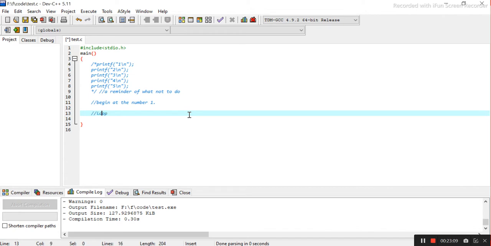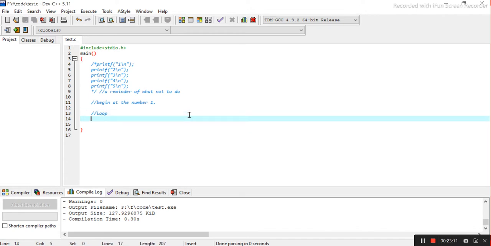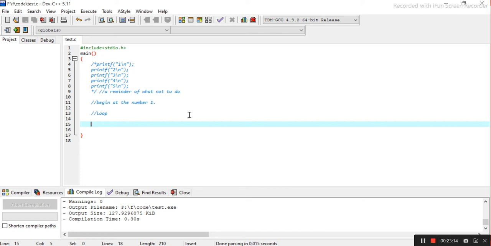Now this word you may have heard or you may not have heard. The word loop means repetition, right? So how do we configure our loop? There are 3 kinds of loops in C. We will study all of them in very much detail,